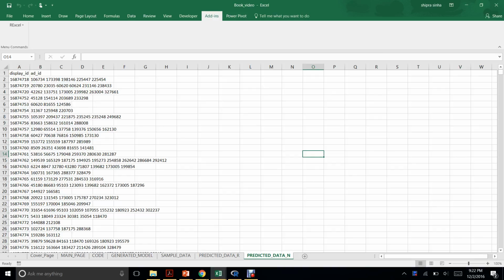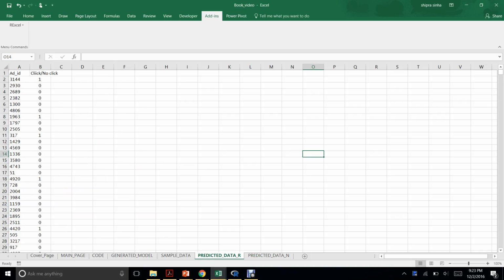The result of the neural network will give the ads against the display ID which are to be shown to a particular user. The sequence of ads is in increasing order of probability. This result will be used as an input for the logistic regression, which will then predict if the particular ad is clicked or not. So this concludes our project.